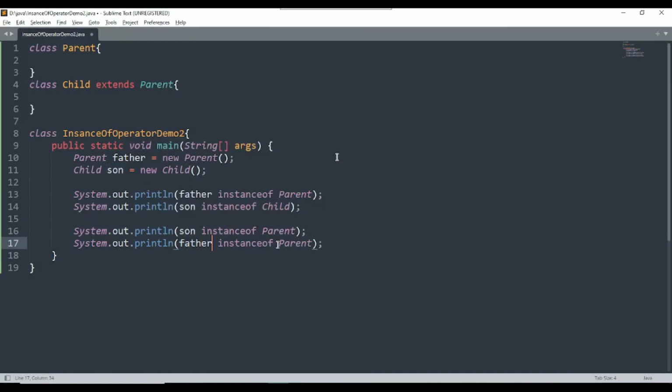Now I am just experimenting with the parent class. Father is the instance of child now. I am just asking this question to Java. Say for example, is the father an instance of child? In line number 17, I have written father instanceof child. So I am just asking Java, is it or not? Say for example, I am saving the file,